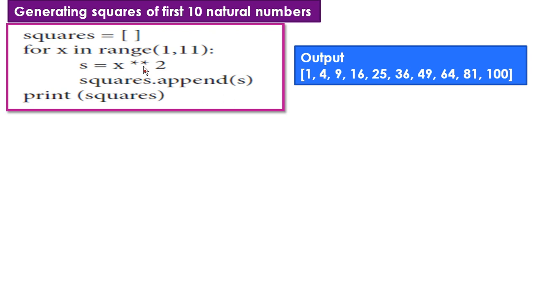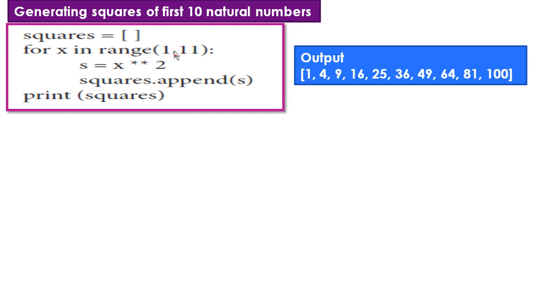S equal to 2 into 2, 2 square, that is 4. This value is appended by using the append function we already studied in the previous class. So 4 is appended to squares. See, in the next value,